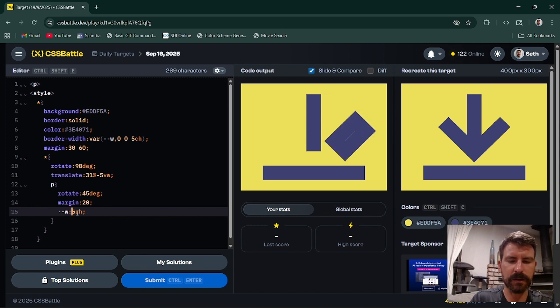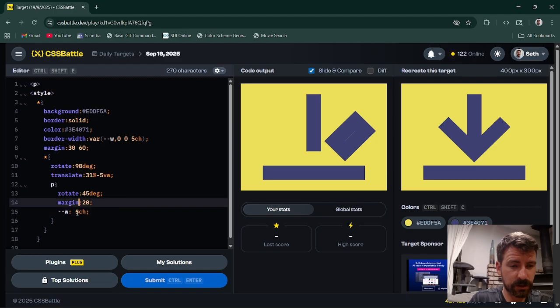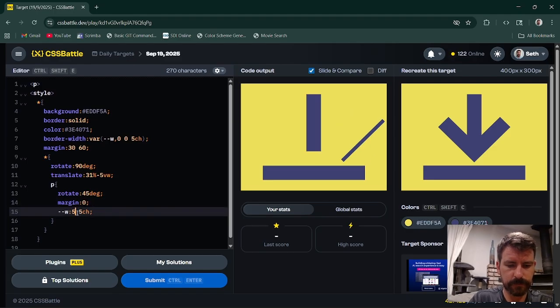There we go. There's all the sides. 0. Okay, and it disappears. It disappears with a separate value. I have a feeling that has to do with our margins. All right, let's hit a 0 on this, and then